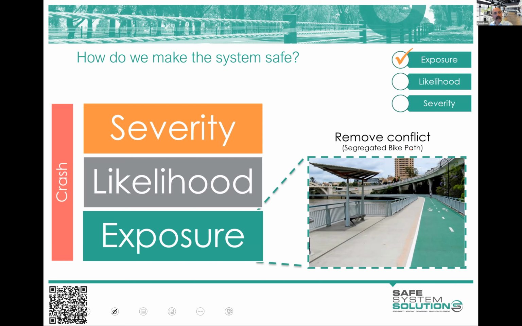So really, a number of people wanted to put things like traffic signals as an exposure influencer, but they don't actually influence exposure under the Safe System Assessment Framework. Another tricky one, and it is quite tricky, is the crossing distance. So if you've got a very wide road to cross as a pedestrian, you are exposed to crashes for a longer period, but under a safe system assessment, we will put that to